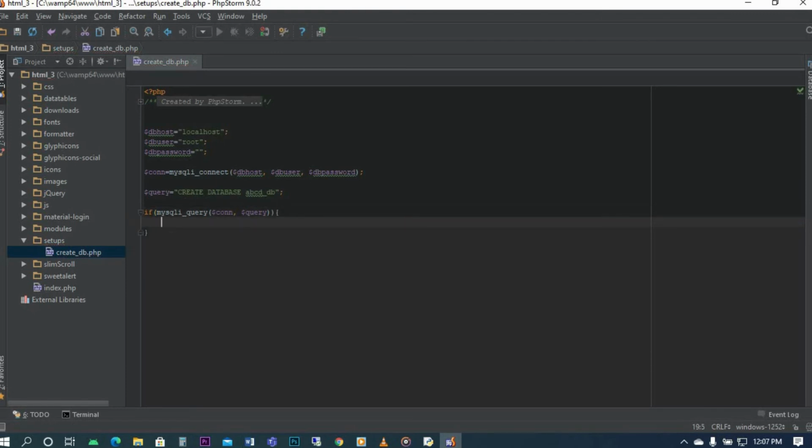So what I've written here is, this code means you should run this query: create database abcd underscore db. You should run the query on this connection string, like on this connection. So just do it that way, and it will pick it up. So if it is positive, if the return value is positive, it should echo